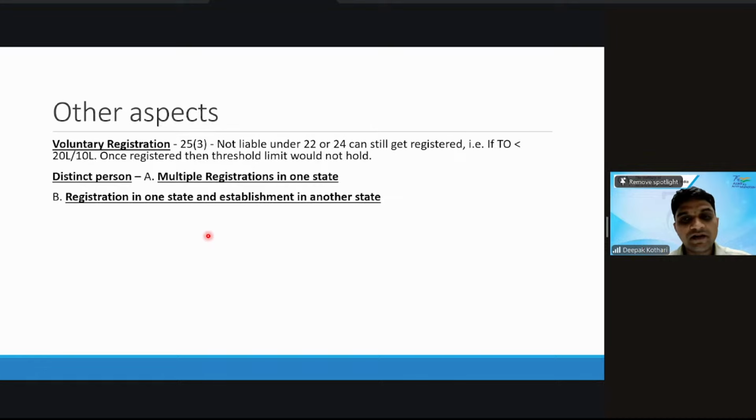Now, tell me whether Lucknow and Kanpur are in the same state. अगर सेम स्टेट में है देन यू कैन टेक द ट्रांसफर. तो फिर आपको कैंसिल करने की जरूरत नहीं है. बोथ आर इन द सेम स्टेट. तो फिर you can tell that the principal place of business is getting changed. Officer will come and check that new address. If he is satisfied, he will change the registration. Same state mein, then possible.